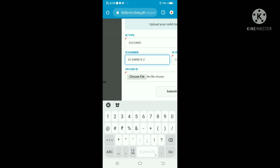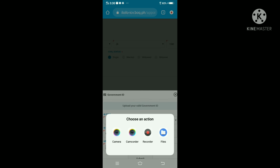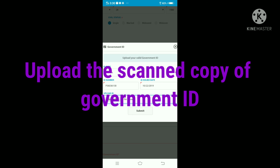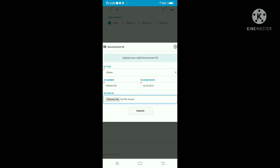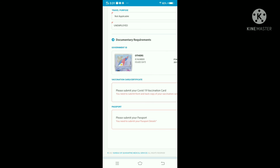When you are typing because sometimes you get mistake. Vaccination card certificate. Please submit your COVID-19 vaccination